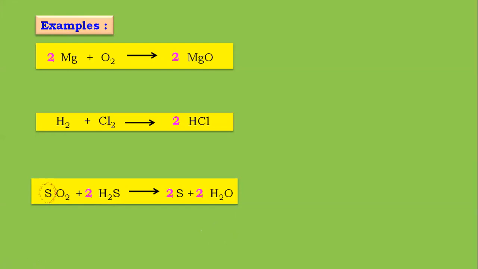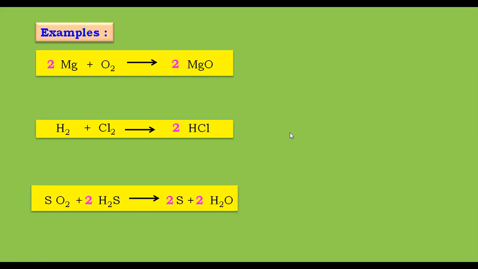So in the product, please make the necessary changes. The 2 has gone and it should come 3. The error here is the 2 is coming again. It should be 3. So my dear students, the final answer for this balancing is SO2 plus 2H2S gives me 3S plus 2H2O. If there are still certain students who are finding it difficult, do not worry. Write the question again and try to practice. Balancing will come only if you practice it regularly. Then only you'll be able to balance the equation.